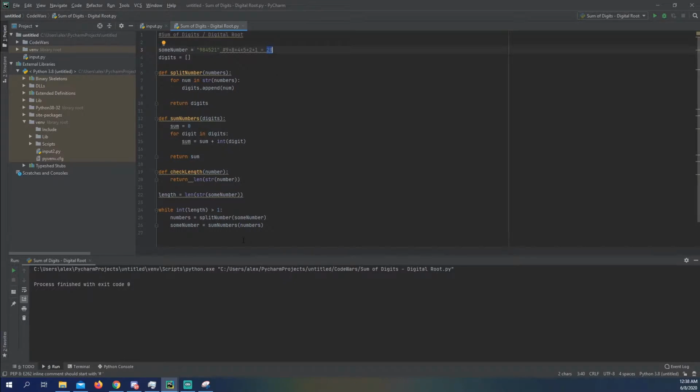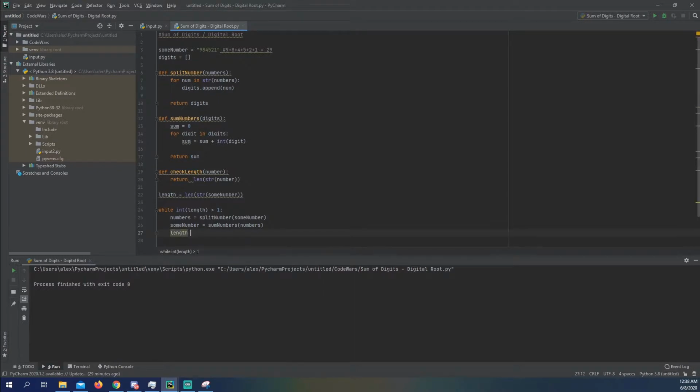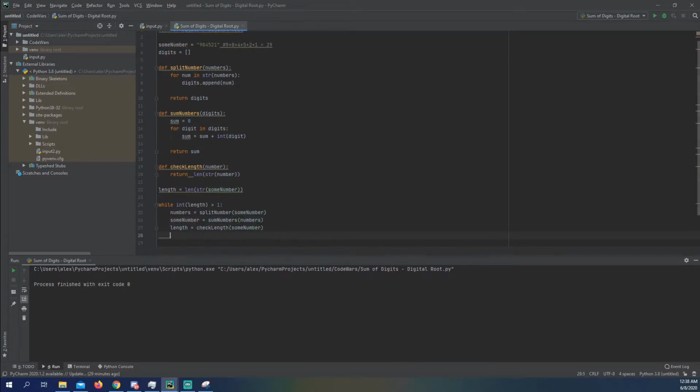So once it goes through the loop again, this time it will split this number. So our list won't have these numbers, it will have 2 and 9. We have to define again our length because it's part of the while condition. This time we're going to simply send some number into this function. And another important thing